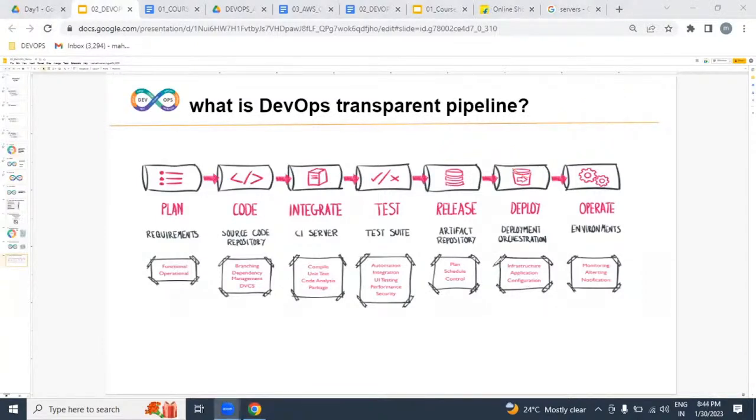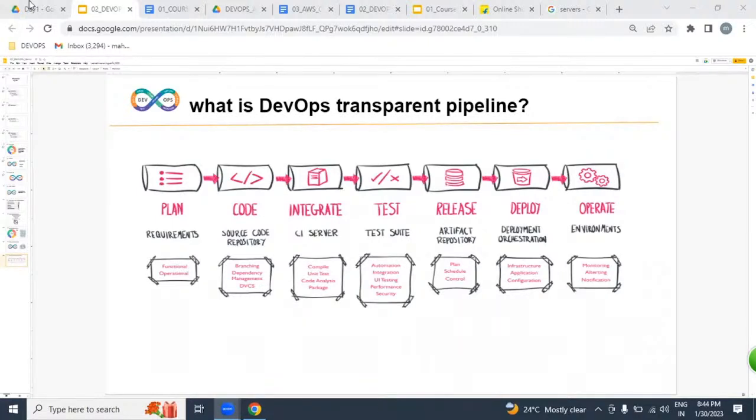I hope you people understand. So what is DevOps? What are the stages in DevOps? How exactly we are going to be involved, we understood. But for implementing this with an automated process, which tools are we going to be learning?